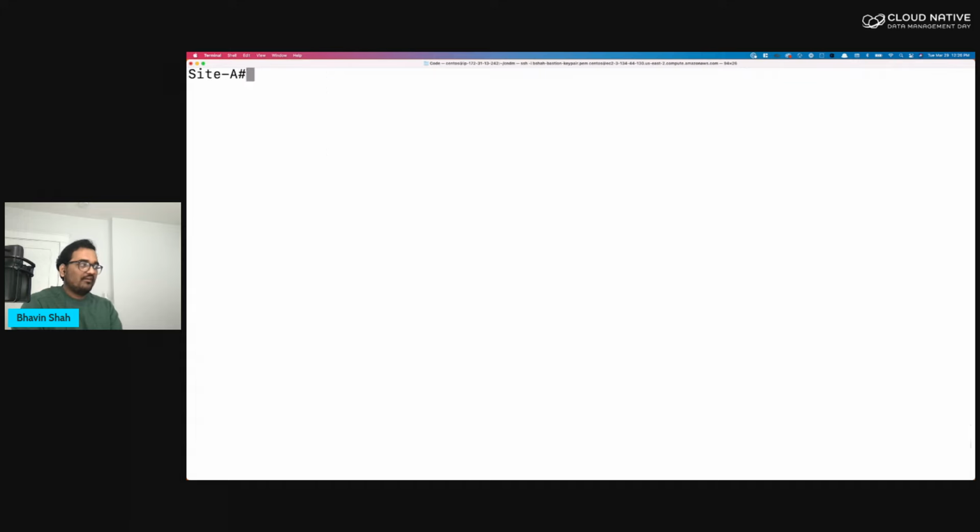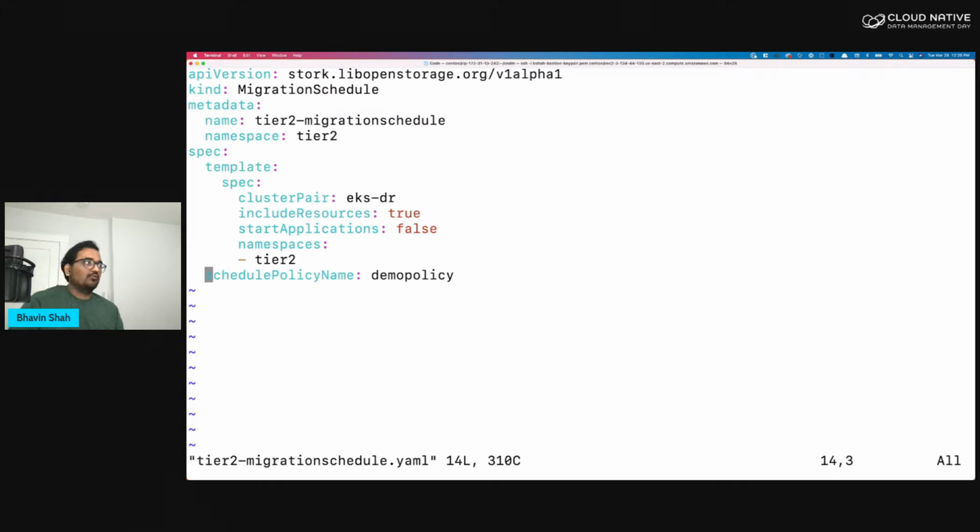And once you have a schedule policy, the next step is to create a migration schedule. So a migration schedule basically defines what should happen. This is like a recovery plan that you have. Here you can define things like the namespace where your application is running, which schedule policy it should use, so the interval at which the application is replicated from our primary to our secondary cluster, and a few additional parameters which define which cluster pair object to use, and whether I want to include all resources. This means that whenever we are migrating or copying over our application, it's copying over not just the persistent volumes, but any and all Kubernetes objects and application configuration that you might have on your primary cluster.